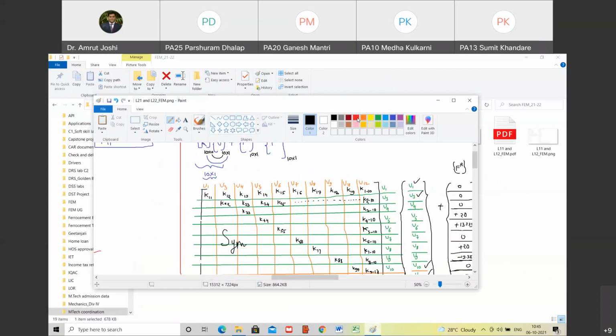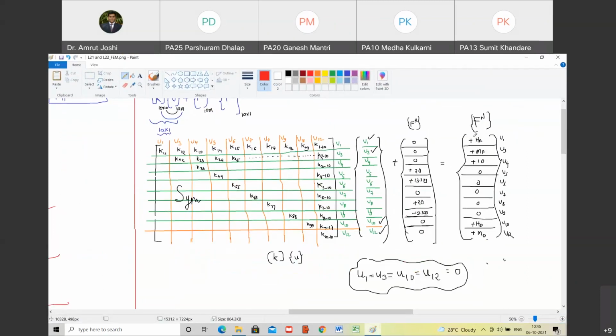Yes, sir. So what I will do is encircle unknowns with red color. So this is the unknown, happy, and this is the unknown in the force matrix. So in the force matrix, nodal force matrix, wherever you have unknowns, corresponding to that, displacements are not unknowns, they are knowns. So knowns I am going to encircle with blue color. Are you with me?